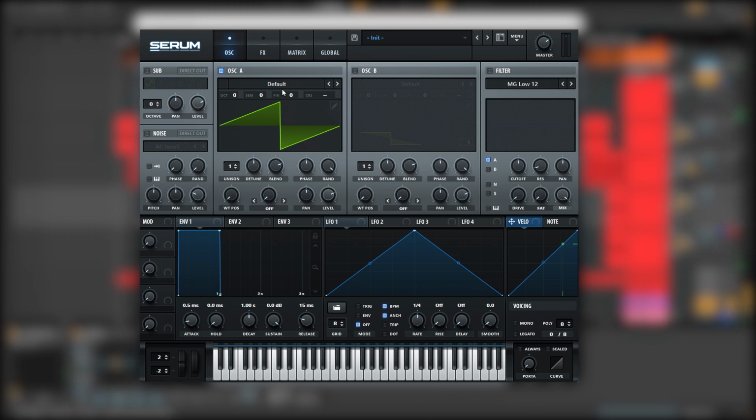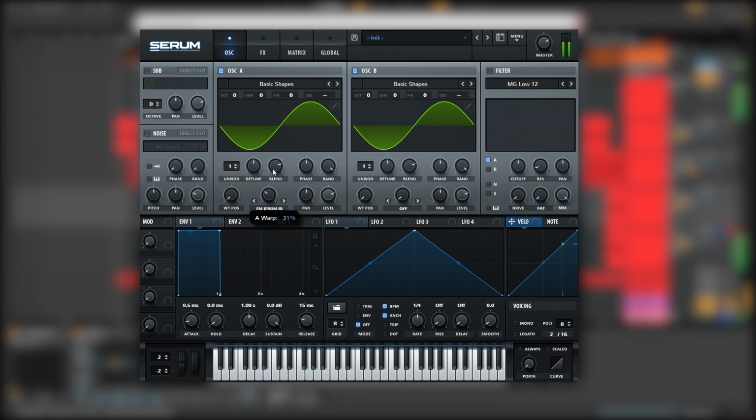Now the key behind this sound is the wavetable. I used a custom one, which is also included in the project files from this video. Once again, the link is in the description. And the way this wavetable was made is just a bunch of sine waves modulating each other. So you can load 2 sine waves into the oscillators, set FM from B, play with the octave on oscillator B,